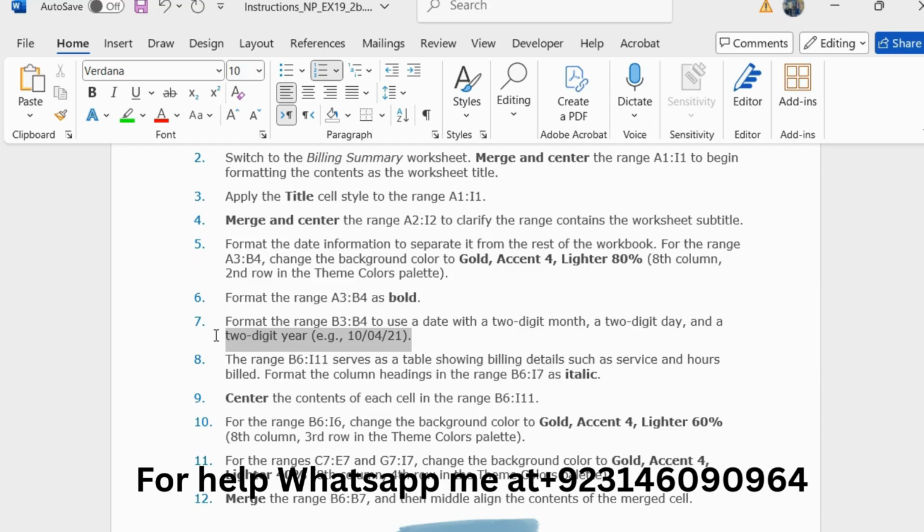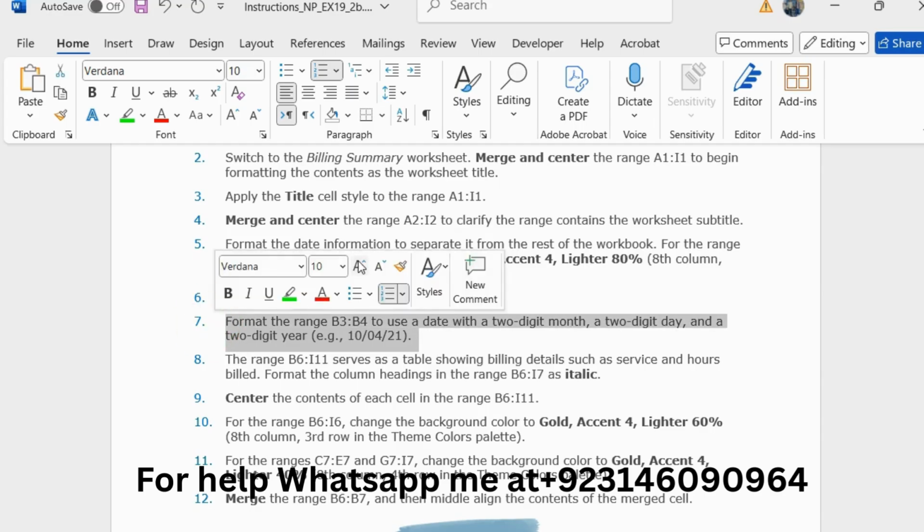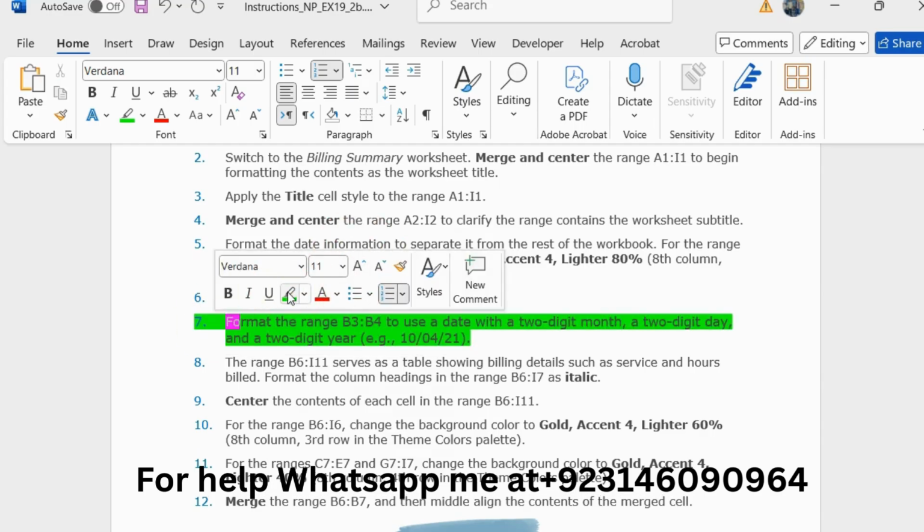Step number 7 is format the range B3 to B4 to use a date with a 2-digit month, a 2-digit date, and a 2-digit year.